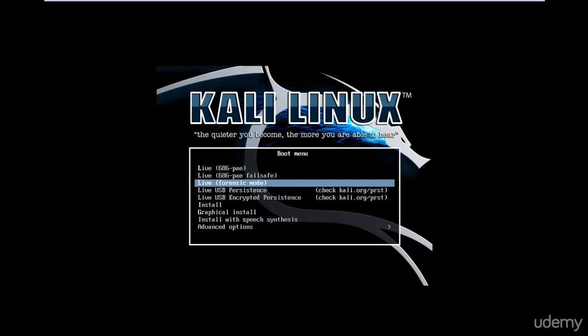These are the forensic method. That means it won't even leave any single trail, no matter what. But we would be proceeding with graphic install, since we need to go and install that. So graphic install,